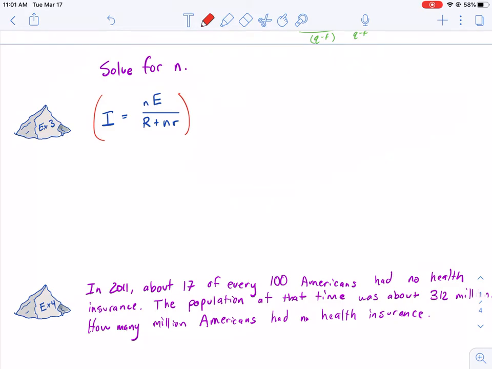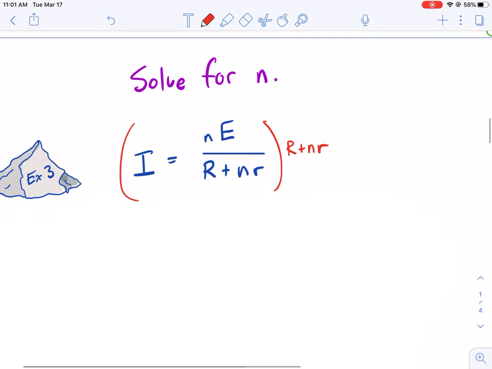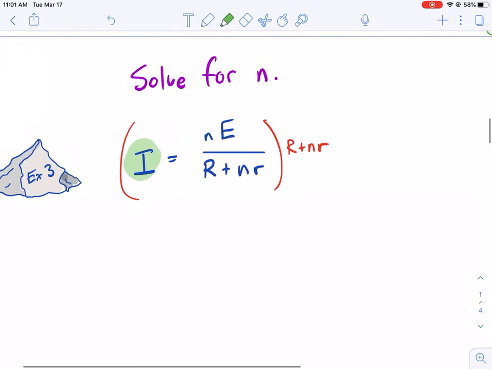So the first thing we want to do is anytime we have a fraction, especially when our desired variable's in the fraction, we want to multiply both sides by whatever that is. So here, this will cancel with the denominator. We are not concerned about the left side because there's no fraction. Therefore, we don't have to worry about canceling a denominator or anything like that. So we're going to distribute this to both terms. What do we have? We have I times r plus nr